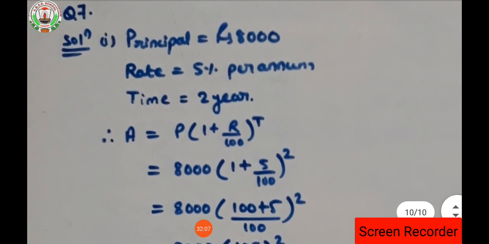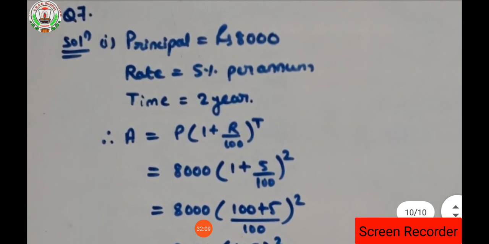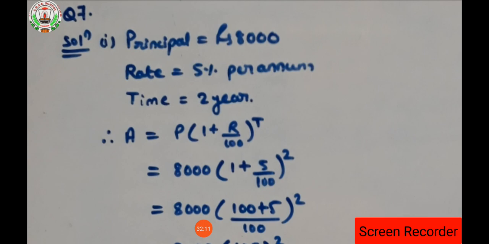What does question number 7 say? Look, Maria invested rupees 8,000 in a business. She would be paid interest at 5% per annum compounded annually. So again two conditions are asked in the question to find. First is the amount credited against her name at the end of the second year, and the interest for the third year. So these two conditions we have to find in this question.